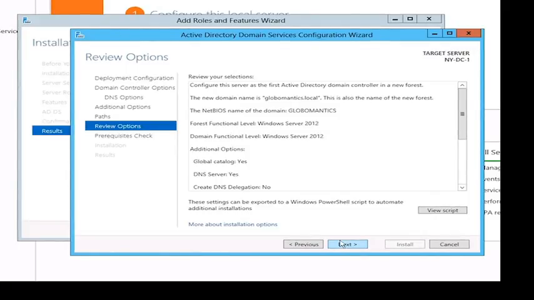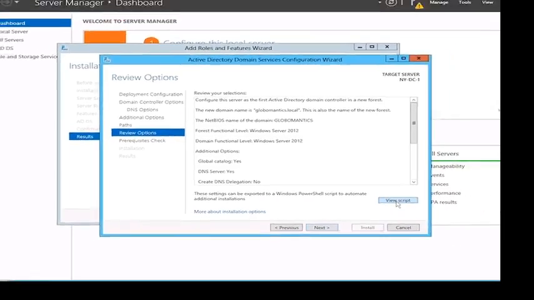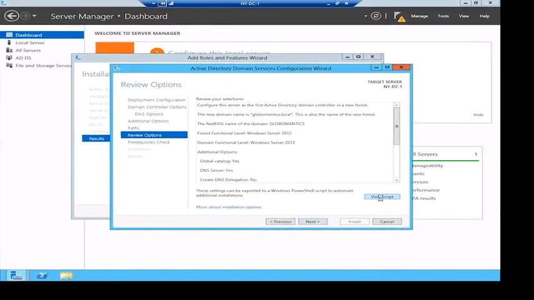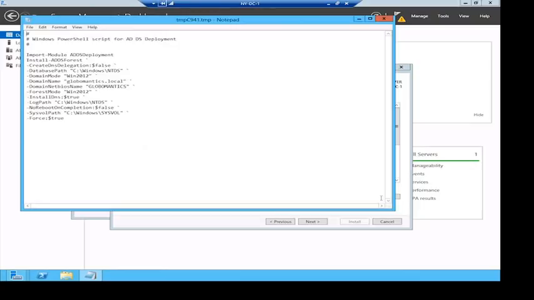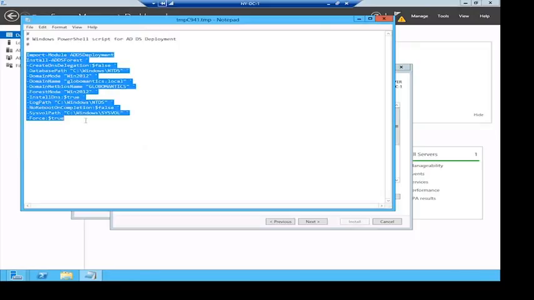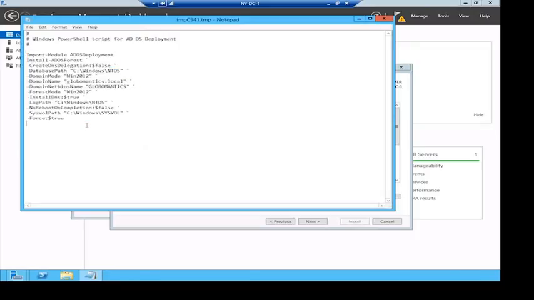Well, here's an example of that. If I click on View Script, boom, it opens up a simple text document, right? It's just a simple notepad that shows me that these are the actual PowerShell commands that are being implemented to make this all happen. And from here, I could save this and then use this as a script for other